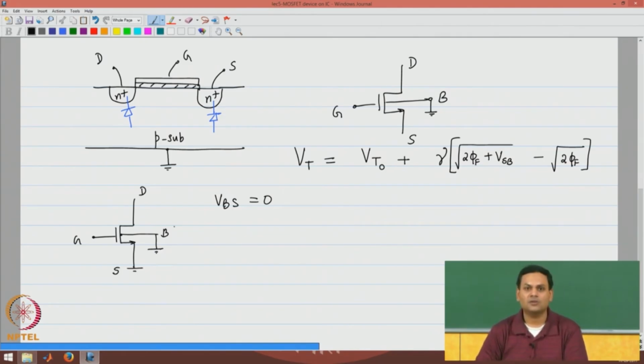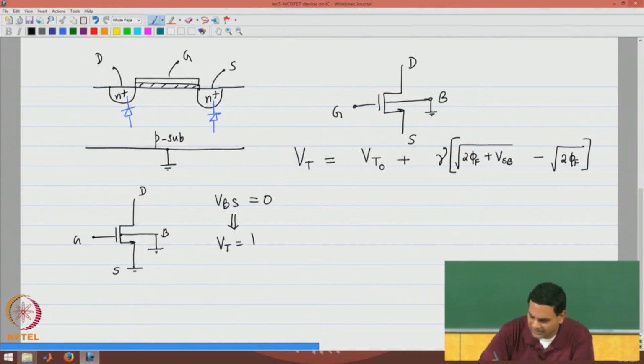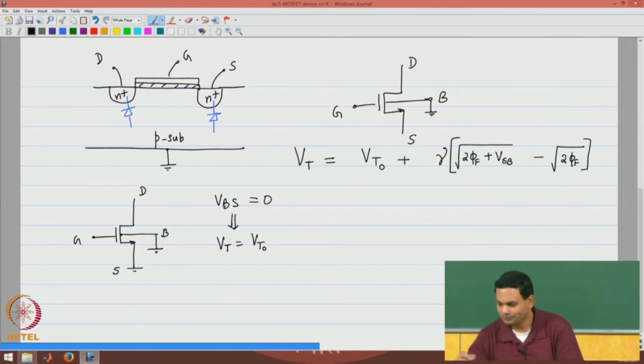So, for the common source amplifier, the threshold voltage of the device is Vt naught. Now, also note that the bulk is always connected to the lowest voltage possible, therefore, normally the source bulk voltage is positive and the threshold voltage would be larger than Vt naught if the source is biased at a larger voltage. There are many circuits where this would happen. I will show you what will happen if